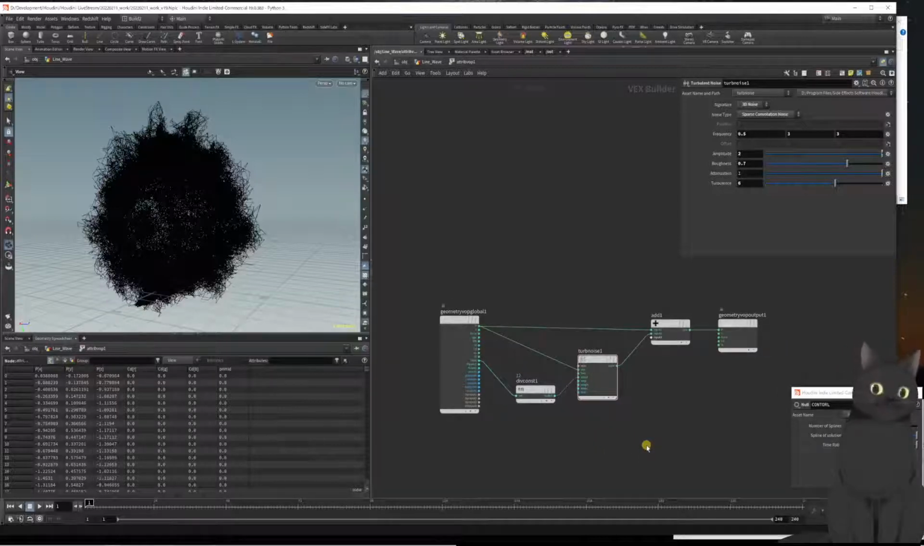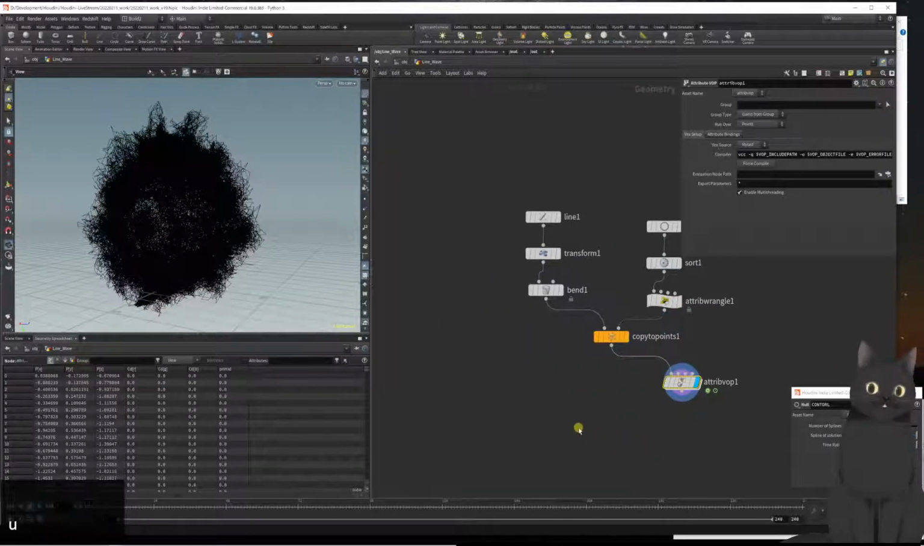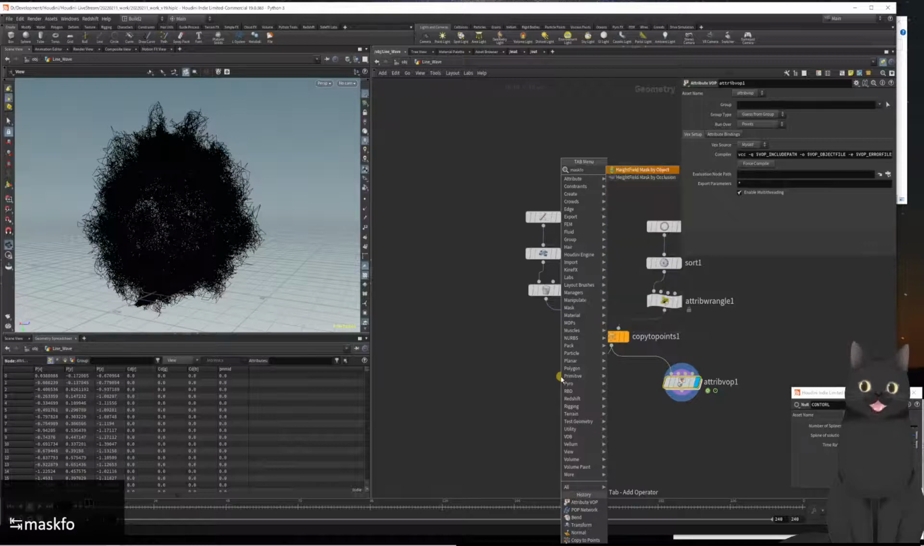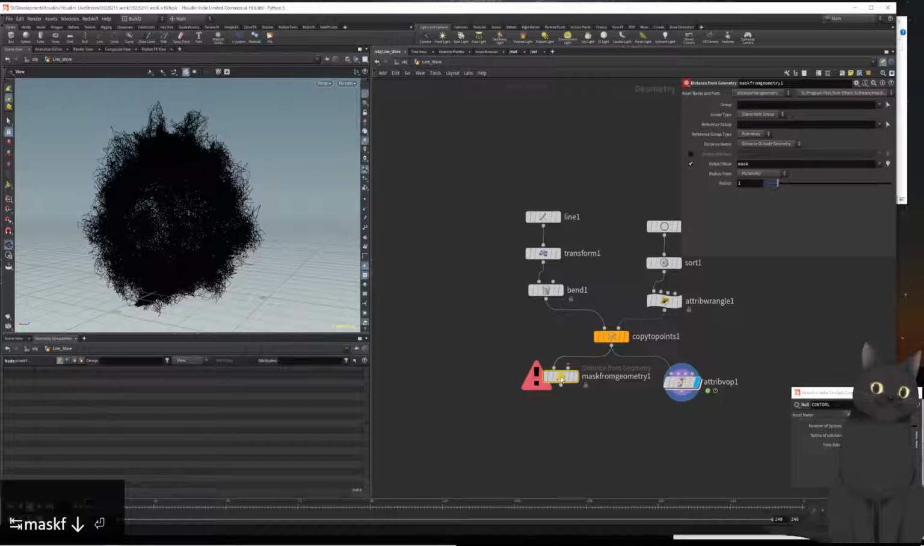So we have our points that are kind of noisy and displaced, but we surely need something that will determine which part of, in this case, the sphere will be affected by the noise. And previously we used attribute transfer and it was working great, but now I discovered this node, mask from geometry, which seems to me a bit more versatile and easier to use than attribute transfer. So basically what we have here, we get our copy to points and we drop a mask from geometry, and then we